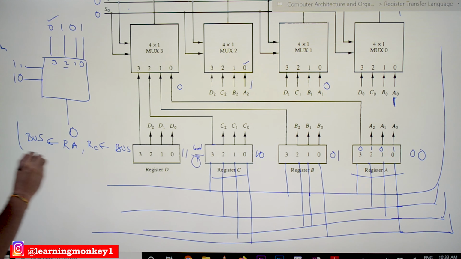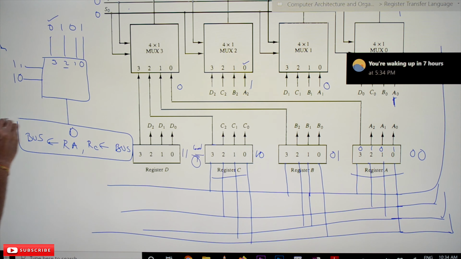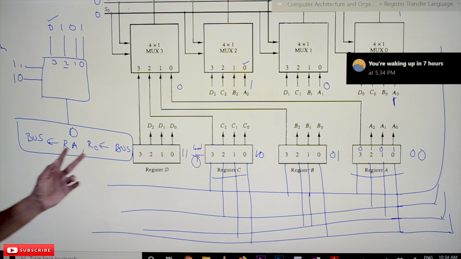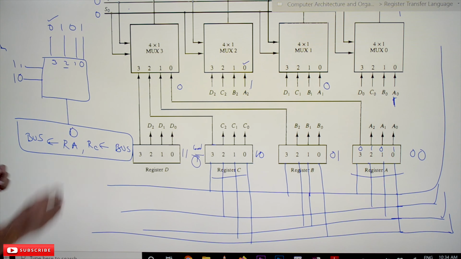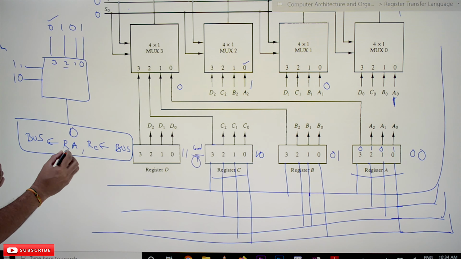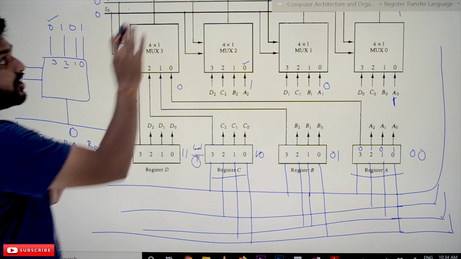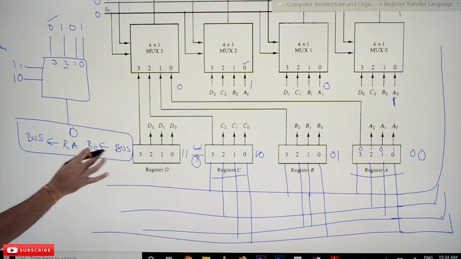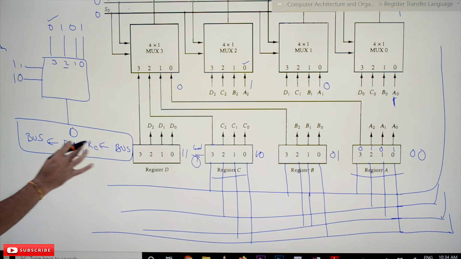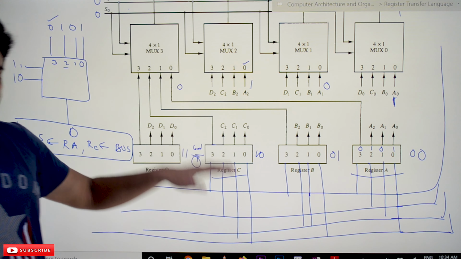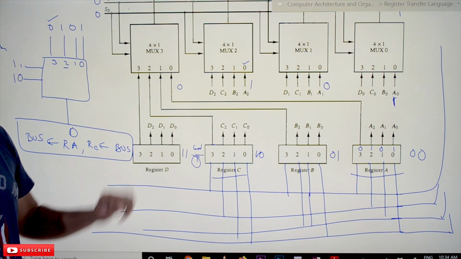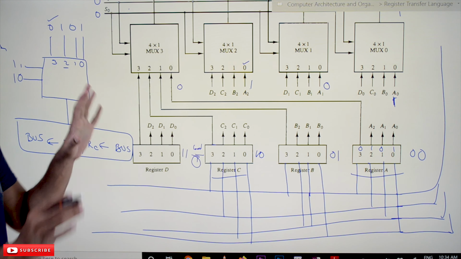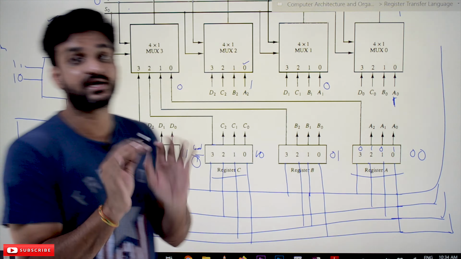So this is the expression for register transfer language. See here, both the works are done simultaneously. So what's happening here is, first the value of RA will be transferred onto the bus, and now the value on the bus will get transferred onto register C. The value on the bus will get transferred onto register C. So this is how the memory transfers are done.